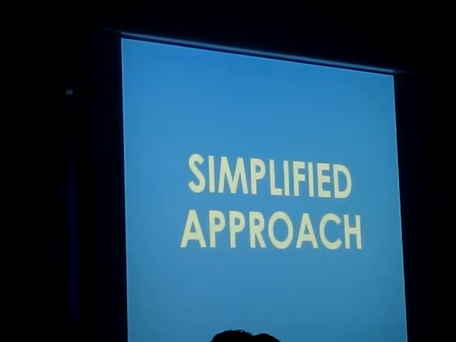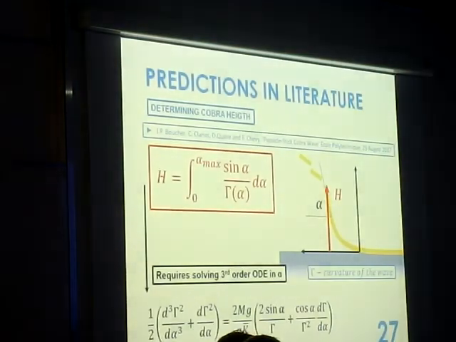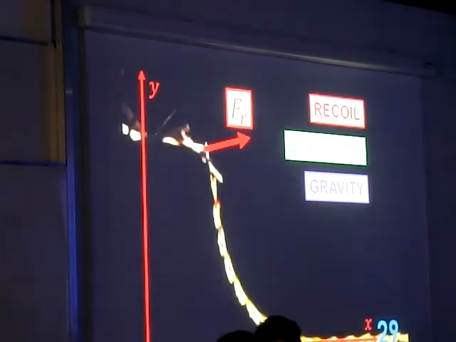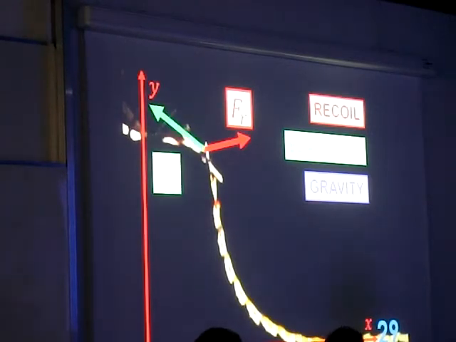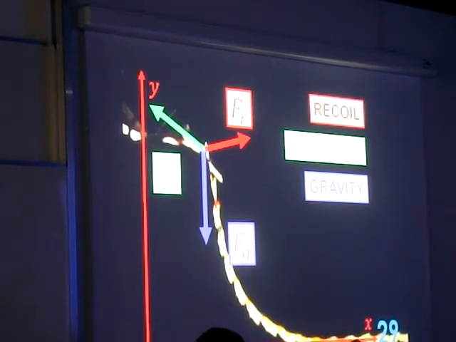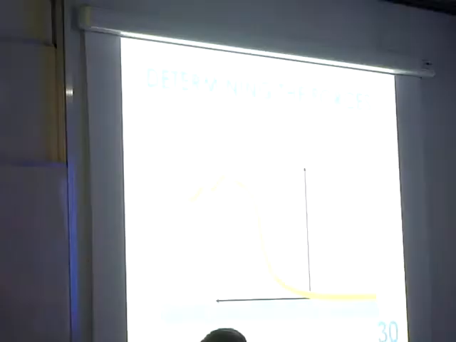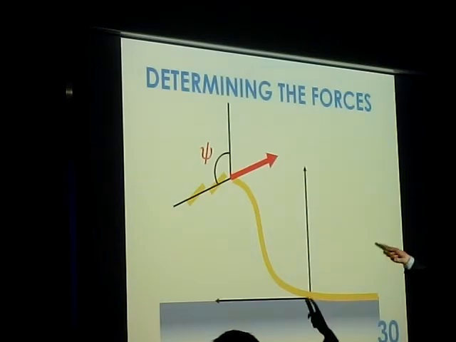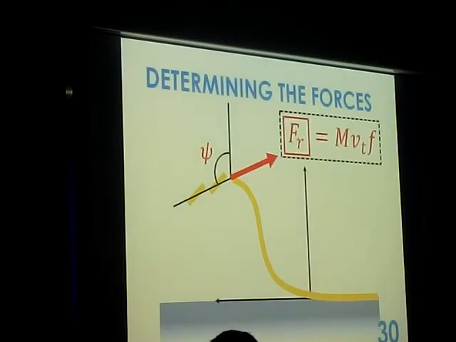So we will get inspired by this because they obtain this from forces. So we will get inspired and we will study the forces as well. Firstly, there is the recoil force, the elastic and the gravitational forces, as we mentioned in the beginning. We will focus now on the recoil force, which will have direction opposite to the sticks leaving the cobra and